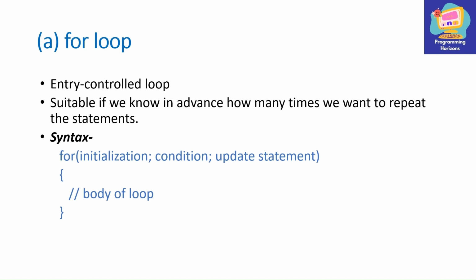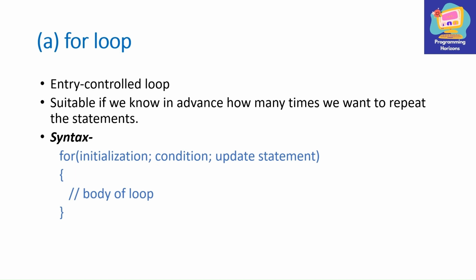After that, we put a semicolon. Then we mention the test condition which we want to check in order to execute the body of the loop. Then again we put a semicolon. After that, we write our update statement, which means we either increment or decrement the loop variable depending upon the given problem. Then we close this bracket and inside the curly braces we mention the statements that we want to